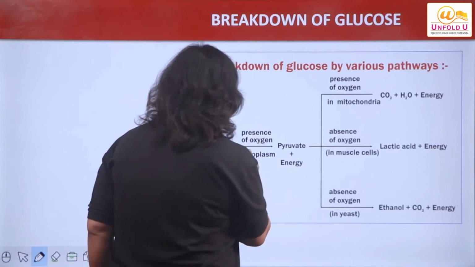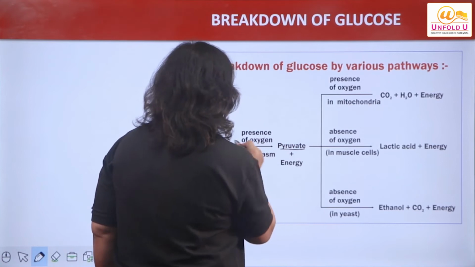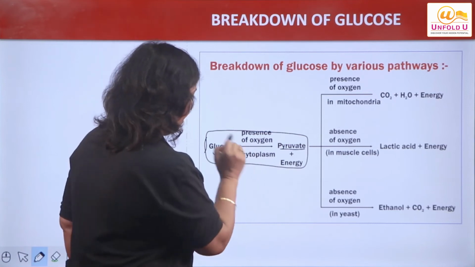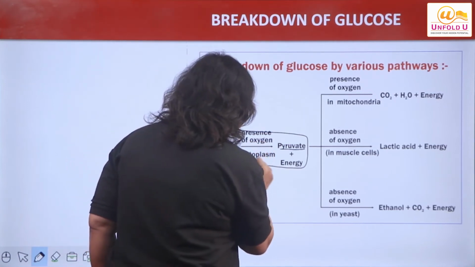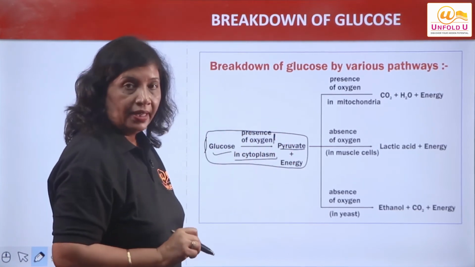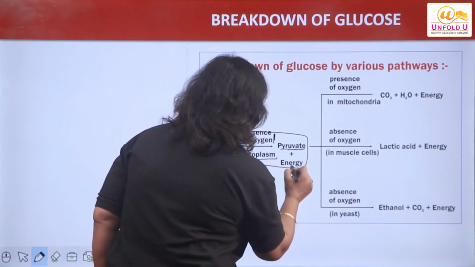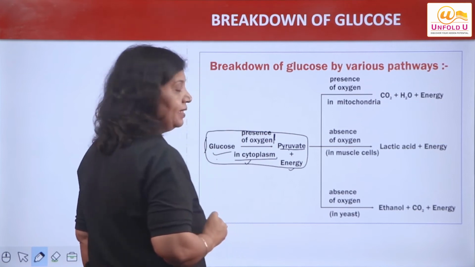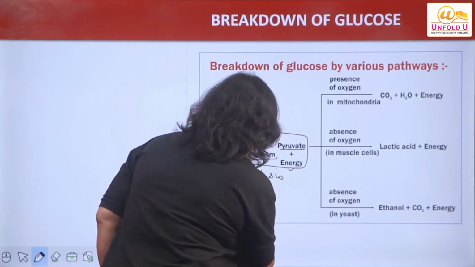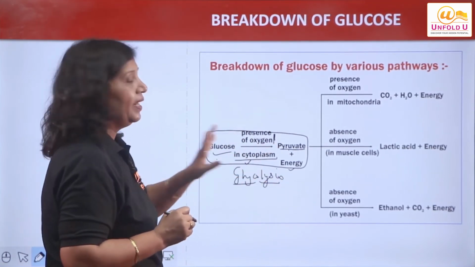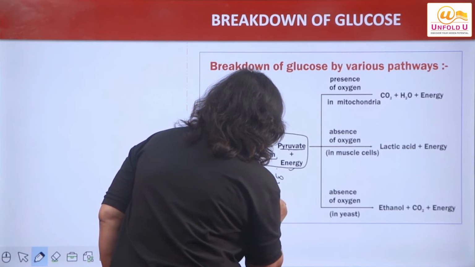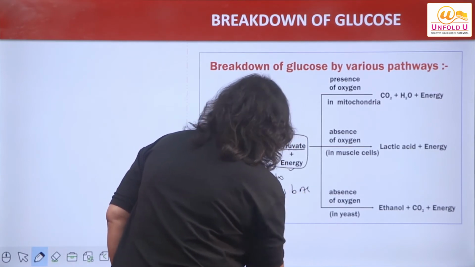Now glucose breaks down to form pyruvate. One thing I will share here, the breakdown of glucose to form pyruvate, in cytoplasm. I'm not using the word oxygen for the time being, I'm leaving this. Glucose क्या बनाता है? पाइरुवेट और एनर्जी। कहाँ टेक प्लेस करता है? साइटोप्लाज्म में। और इस प्रोसेस को हम क्या कहते हैं? ग्लाइकोलाइसिस। ग्लाइको माने ग्लूकोज की ब्रेकडाउन। कहाँ टेक प्लेस करता है? साइटोप्लाज्म में। This method is common to both the types